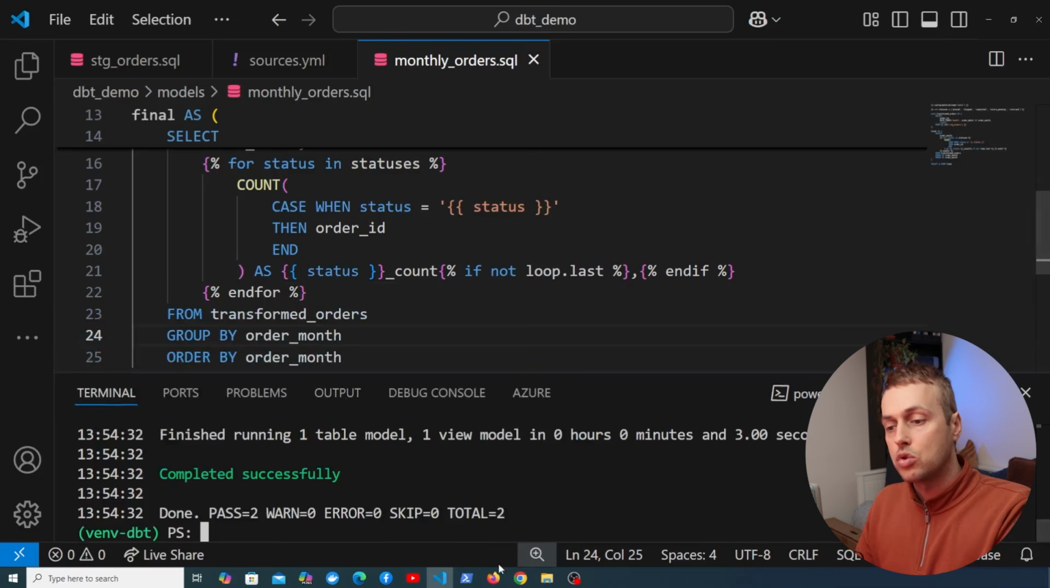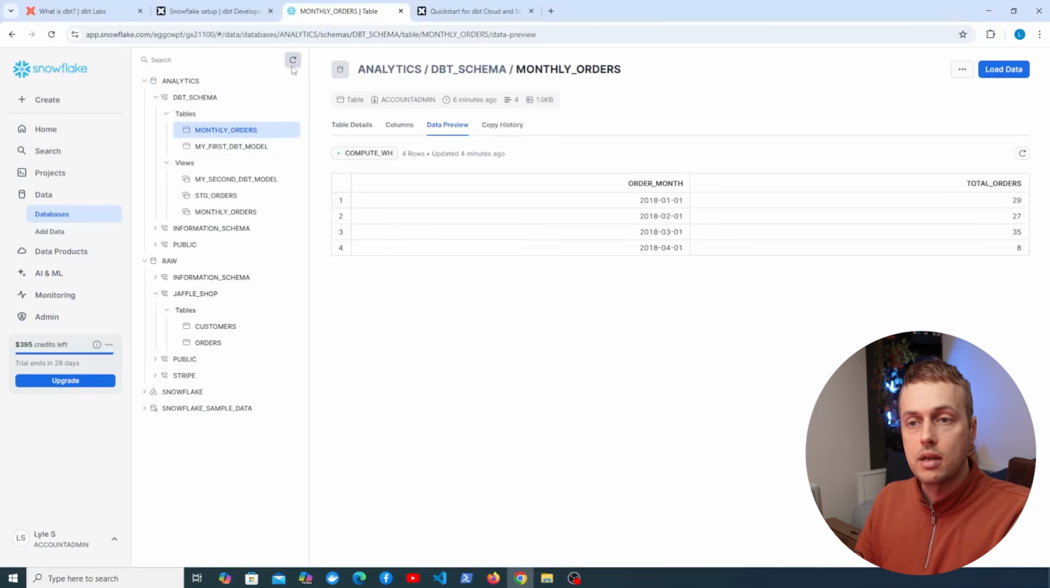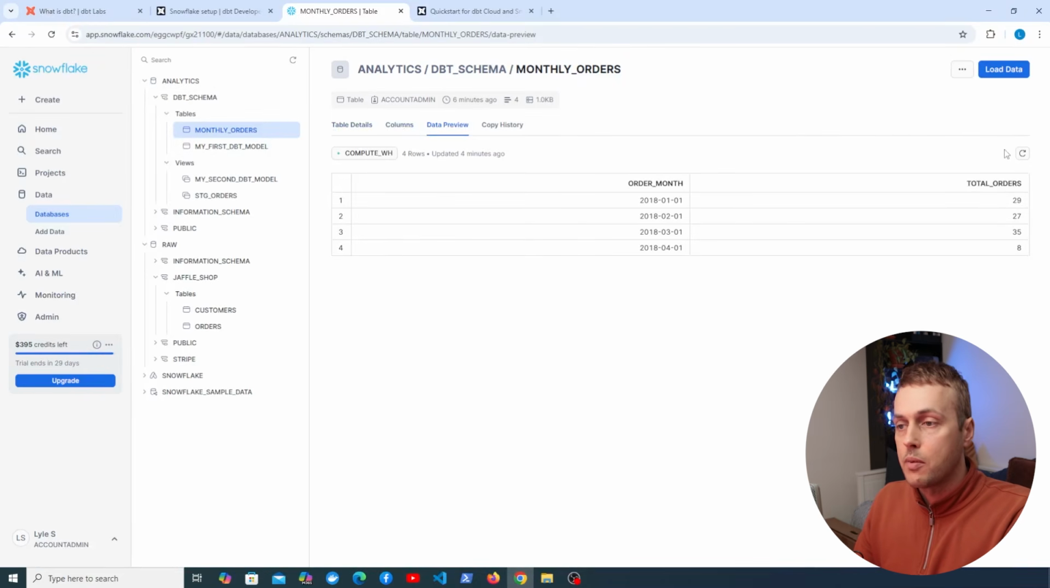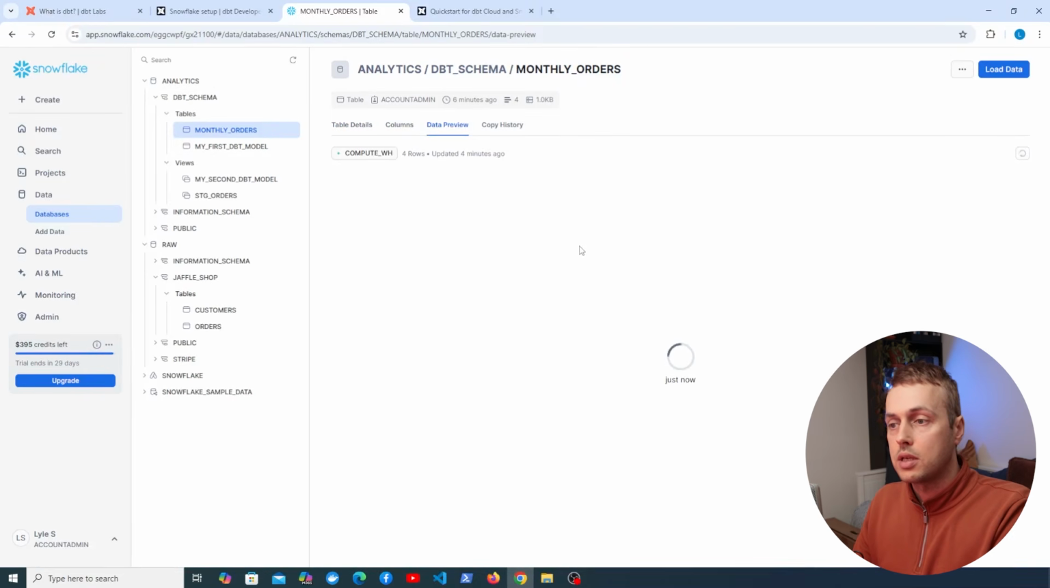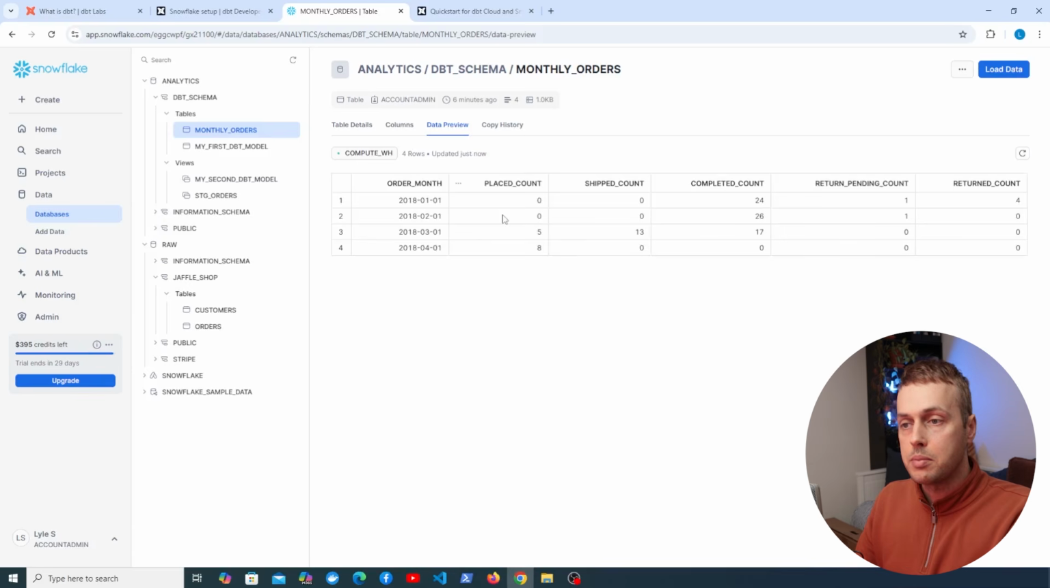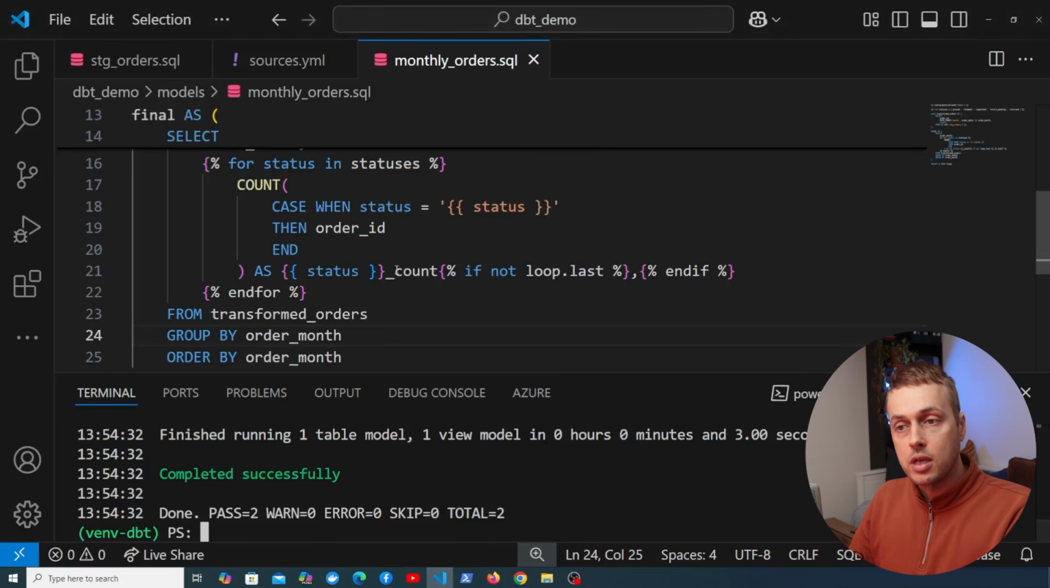So let's now go back to Snowflake and see what's been generated here for the monthly orders table. Now we've got the table here. If we refresh this, we're going to see that we have more columns in the table. So for each month, we now have a count for each one of the statuses. For example, if we look at the completed count, you can see 24 orders completed in January 2018, and there was 1 return pending and 4 orders returned. So now we have a month-by-month breakdown of each of these statuses, and what we've done with Jinja essentially is